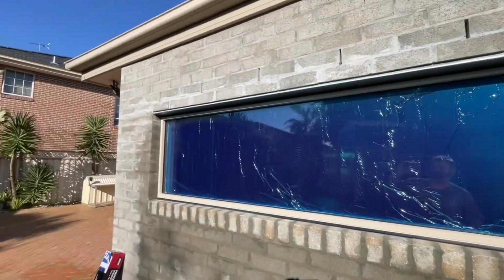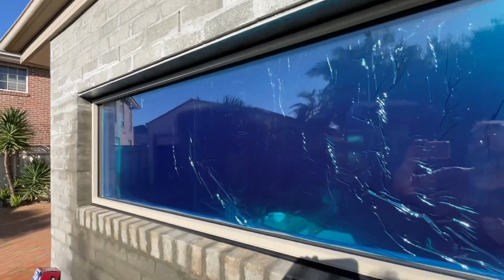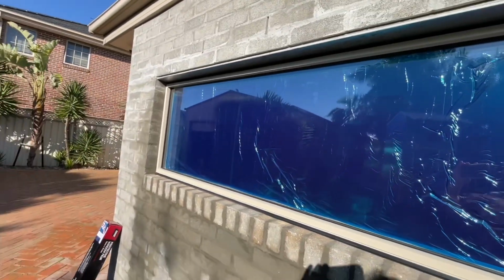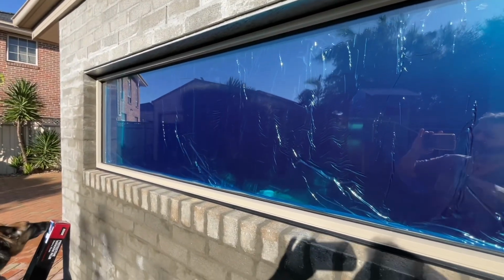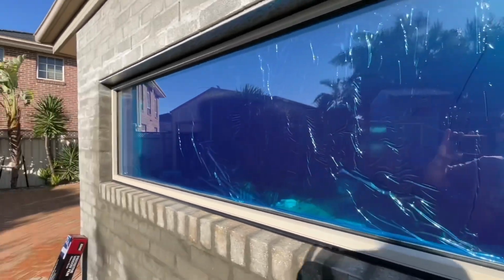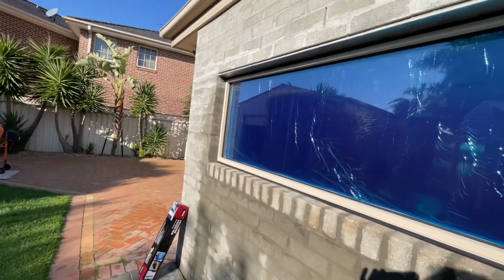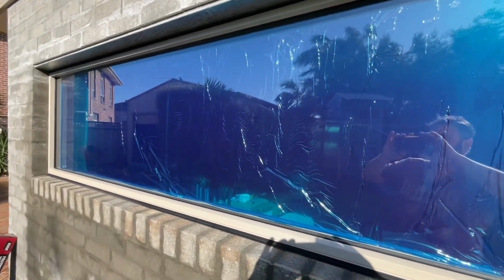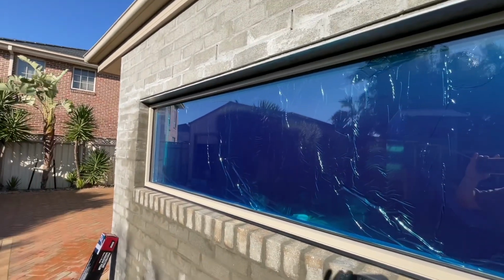All right, so the sun's hit it now, and the window's dry, and the aluminium's dry, the rubber's nice and dry, so I can put the film on now. I just gave it a wipe down with some paper towel, because the towel that I used to dry it had a bit of lint in it, and you can see the lint on there. And look, the film probably would stick to it, but for the sake of going over it with the paper towel, I did it. So, we're all nice and clean